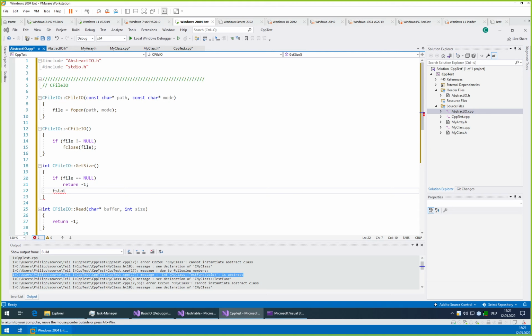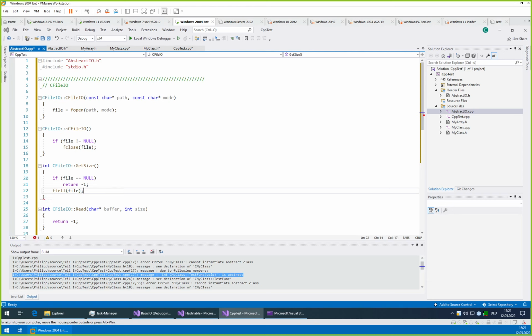I think I know what it was. It was double L, maybe? Yes, ftell. That gives us the size of the file, I think. Let's quickly check that. ftell returns the current value of the position. No, that's the wrong thing. That returns the position, but we want the size. Okay, there might not be such a function in fact.